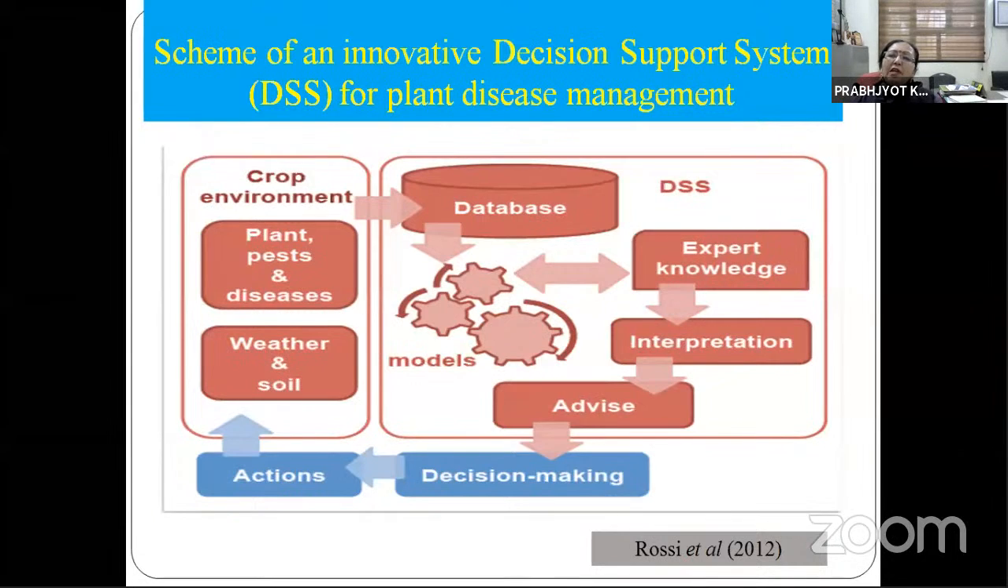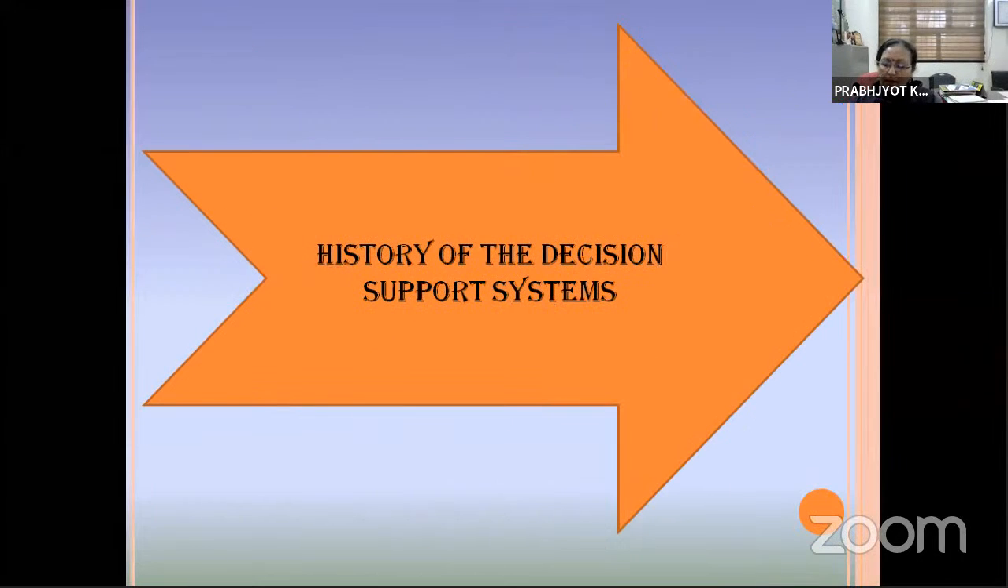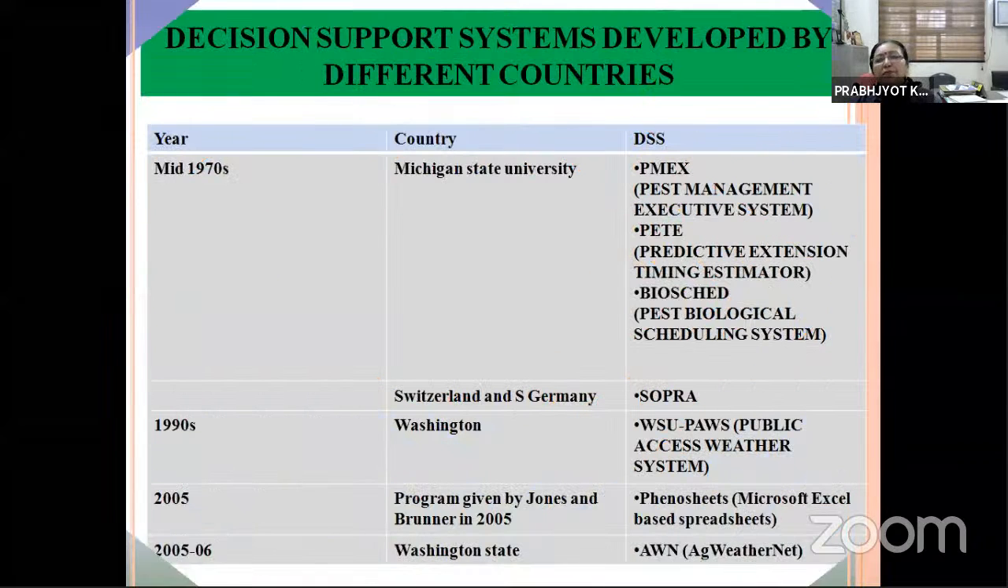Then this is the scheme of an innovative decision support system for plant disease management. Again, the same information is contained here. Then we have not a very long history of these decision support systems, because they are not very old tools. They are quite recent. After the start of the simulation modeling, these pest models were also developed by different scientific groups in different parts of the world. So their history goes back to the mid 1970s, when in Michigan State University, it was